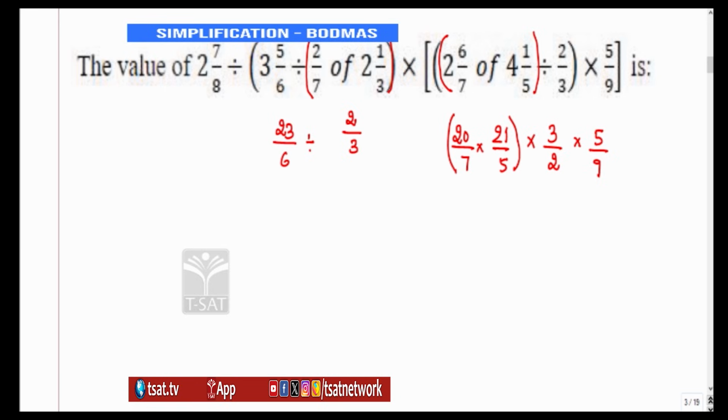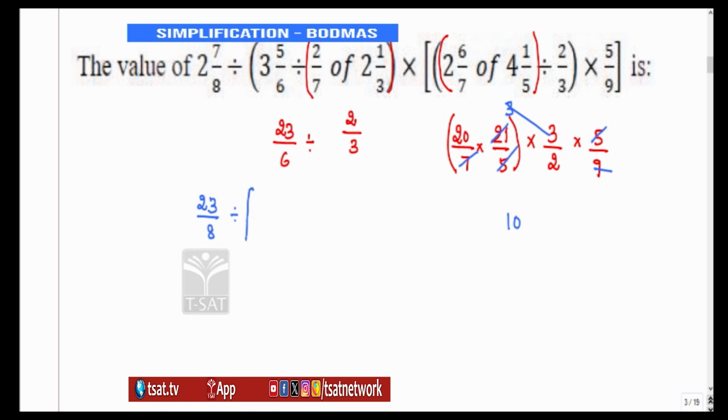Now you can cancel it and simplify it. 3, 5, 5 cancel, 9, 9 also cancel. So simply this bracket is 20 by 2, which is 10. Then come to the first one. This is 16 plus 7, 23 by 8